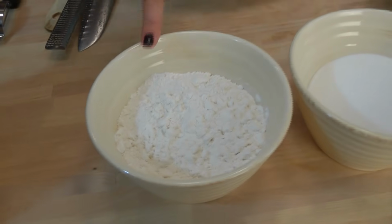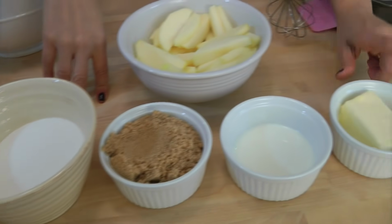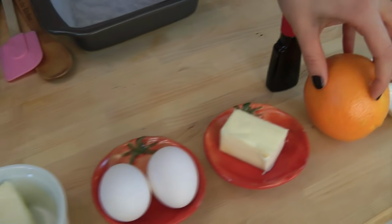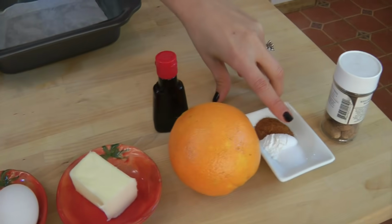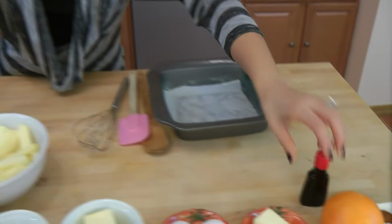Second thing you want to do is get your ingredients lined up, and I'm going to show you what those are. You're going to need some all-purpose flour, some granulated sugar, brown sugar, whole milk, unsalted butter, eggs, some more unsalted butter, an orange, some ground cinnamon, baking powder, salt, nutmeg, and some vanilla extract, and of course, the apples. And I'm using two, not Granny Smith apples, I'm sorry, Golden Delicious apples, just because it's